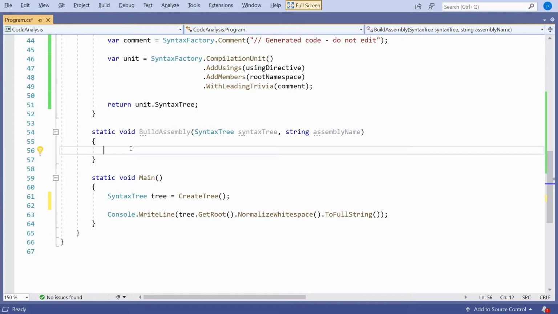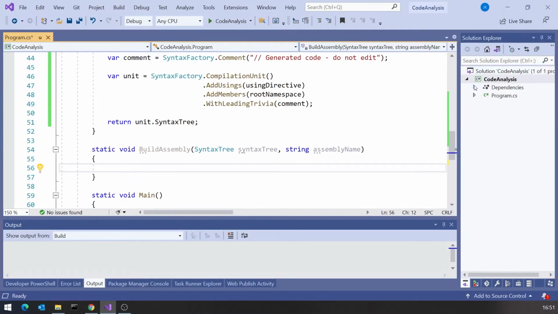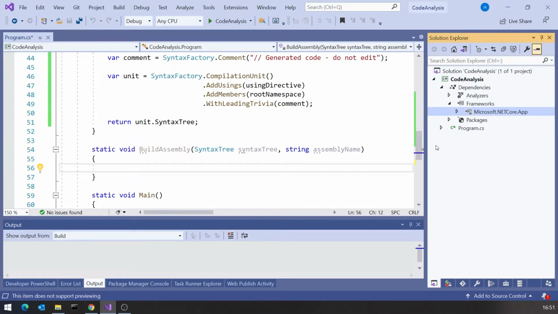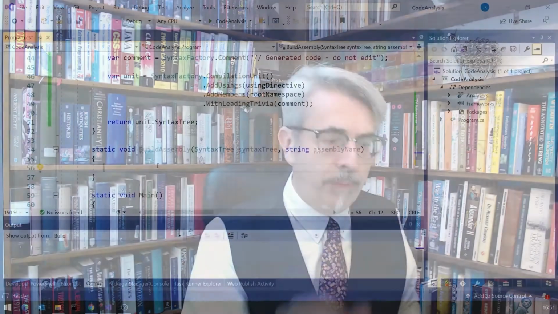C# project, as well as your own code, it's going to be dependent on some other assemblies. And we can see those in Visual Studio if we just look at dependencies and then look at frameworks. We can see in this case it's just dependent on the basic core application, and then also on the code analysis stuff that is what we're using here. So in a more complicated program there are going to be further dependencies, but when we build it we've got to specify what those are.